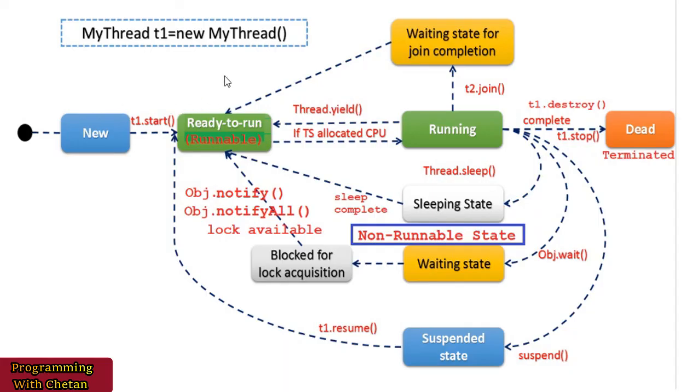As I have already told you, we can create a thread class either by extending the Thread class or by implementing the Runnable interface. The Thread class which we extend for creating our threads is present inside the java.lang package. This Thread class extends the Object class and implements the Runnable interface. Before starting our discussion on the life cycle of threads, let me tell you that our Thread class consists of various methods like start, yield, run, join, destroy, stop, wait, resume, and suspend. Whenever we create any thread class in Java, we have to provide the implementation of the run method.